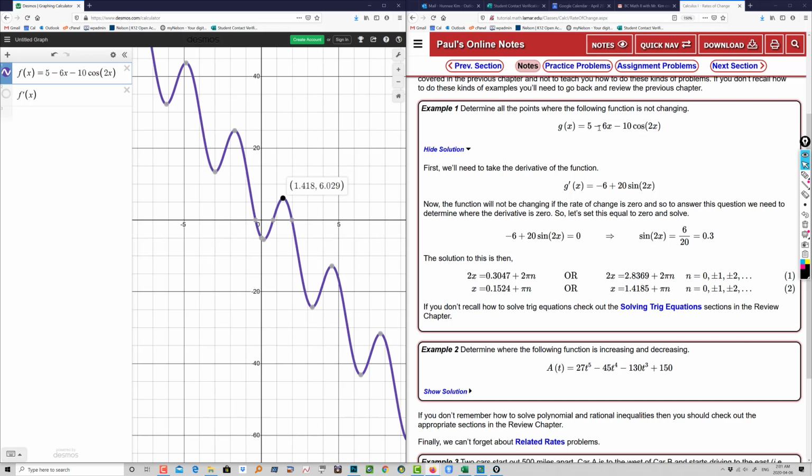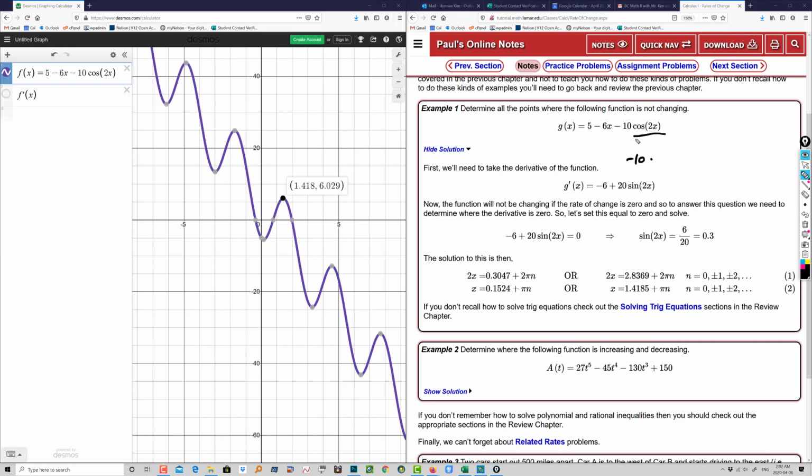Now let's just use algebra here. The derivative of 5 is nothing, it disappears. The derivative of negative 6x is going to be negative 6. And then here, the derivative of cosine of 2x is going to be negative sine of 2x. Look up at your formula sheet. Times chain rule times 2. I'm just going to focus on this last term here. The derivative of this is going to be negative 10